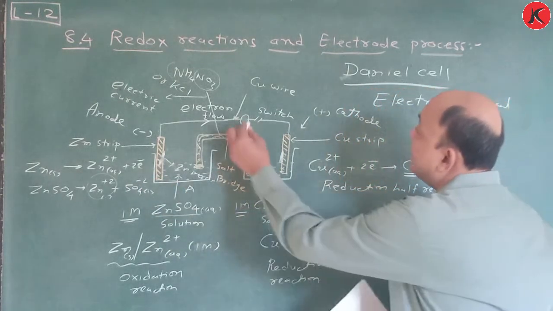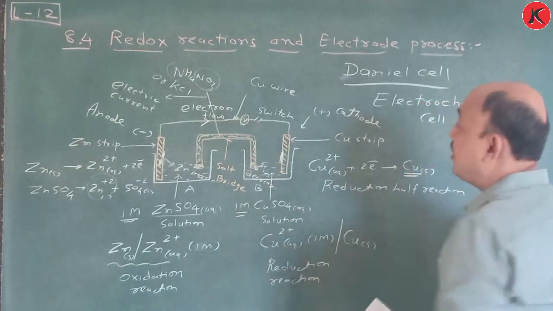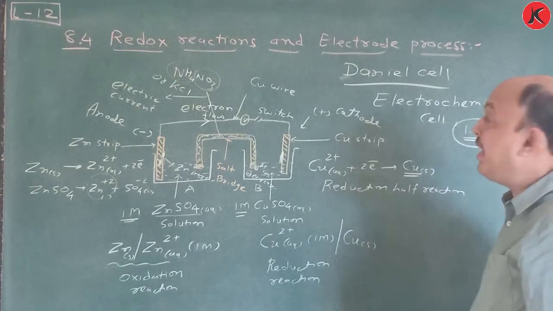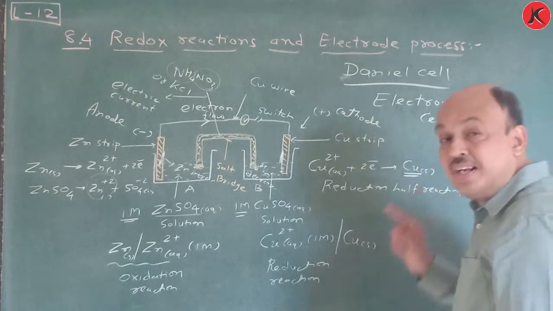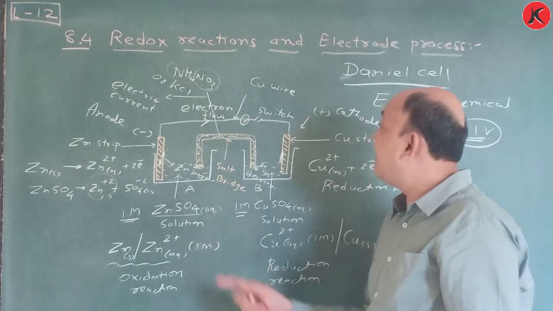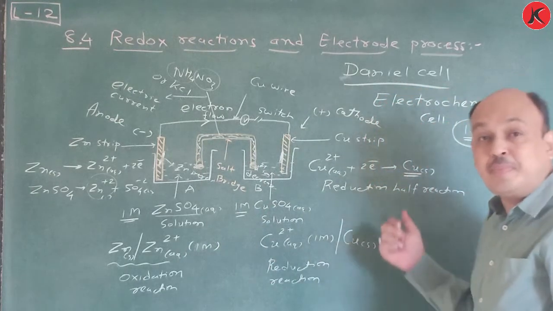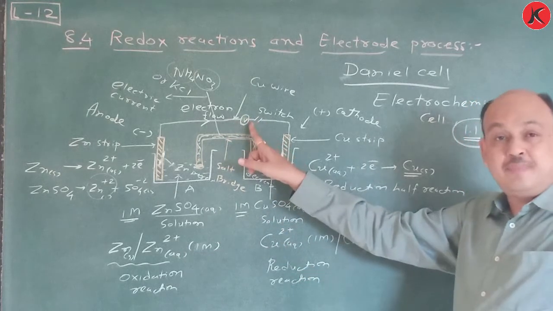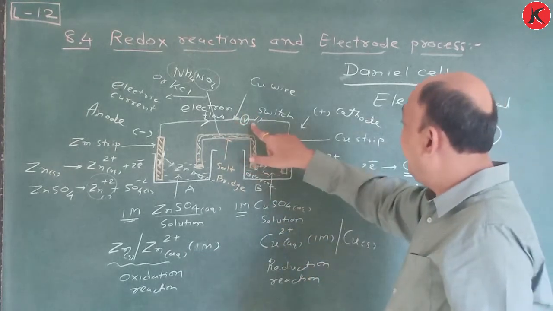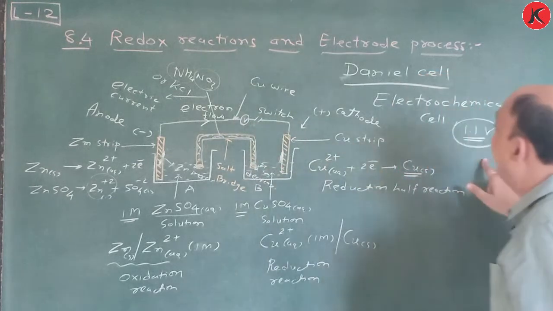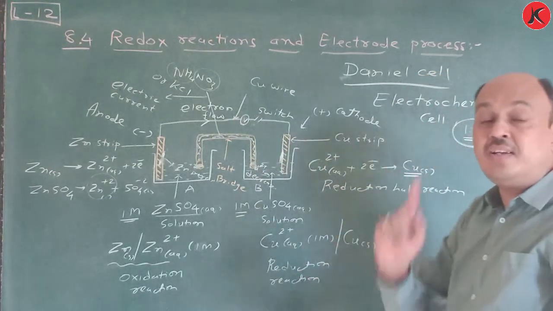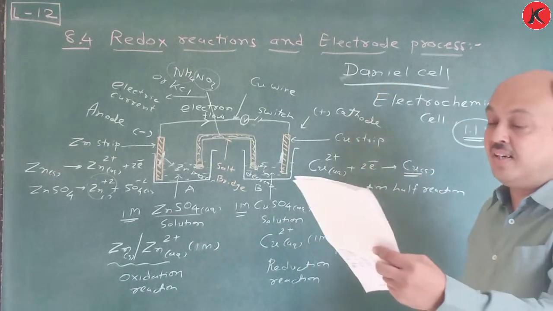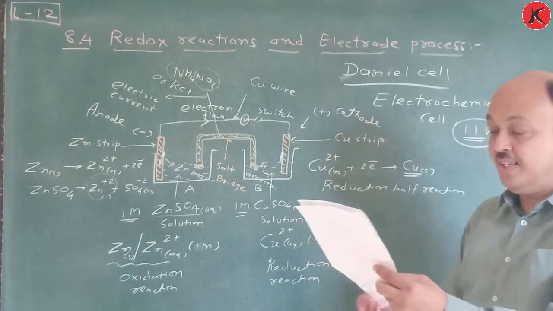And if you measure here with a voltmeter or ammeter, it is 1.1 volt. So this is the electrochemical cell or Daniell cell. If this electrochemical cell works at 1 bar pressure and the concentration is 1 molar, at that time this electrical current, or say electrical volt, we get 1.1, and this is nothing but a standard electrochemical cell. So this is all about learning according to this electrochemical cell.